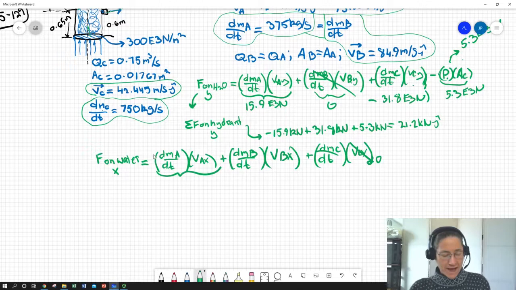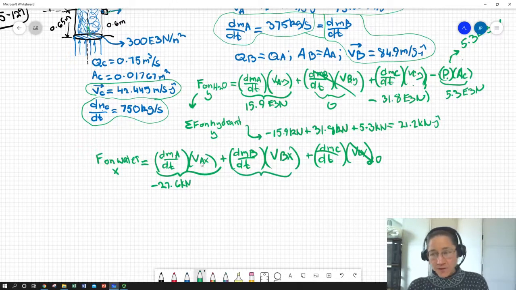We can say that at A, basically the water is going to go from 0 to some negative velocity. It's shooting in that negative X direction. So we're going to end up with a negative 27.6 kilonewtons. And then in the case of B, it's going to go from 0 to that positive 85 meters per second. That when we multiply by the mass flow rate, we should get 31.8 kilonewtons. So again, action reaction, if we look at the force